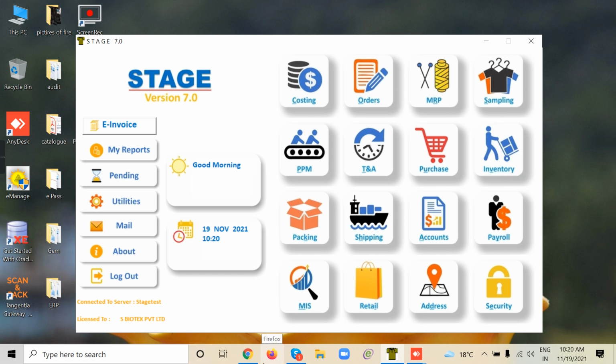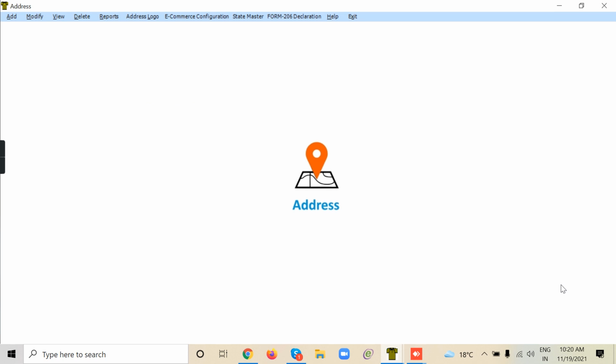Okay, fine. So we have created the fabric warehouse. Yarn also, we can hold in a separate warehouse, or you can put it in the fabric warehouse itself. Another location, yarn warehouse should be separate. Okay, you can go to address, modify company, create yarn warehouse. Can you do that? Sure.